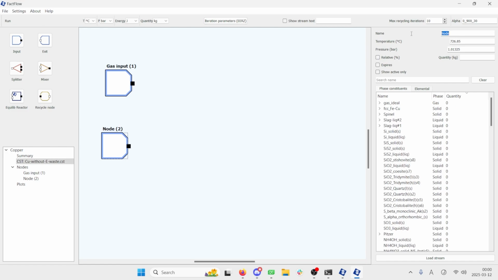This is going to be our chalcopyrite input, so I can name this copper input. For this node, the temperature is going to be 25 degrees, just like the other node, but the pressure is just going to be 1 bar. This time we don't have to check relative, we can just enter the values directly. What we want is 1,000 kilograms of chalcopyrite, but it's going to be 8% H2O,